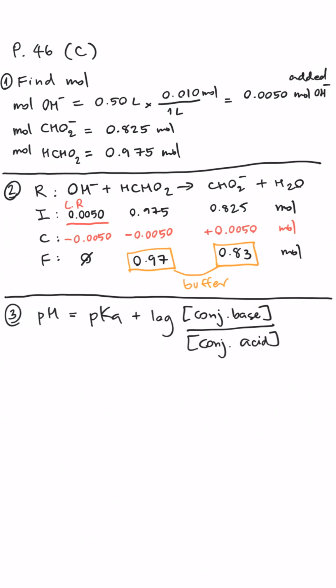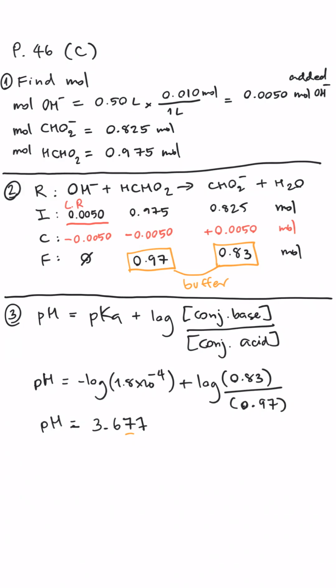We just saw from the previous example that as long as the weak acid and its conjugate base are in the same volume, instead of using the concentration, we can use the number of mole and plug it in, because when you convert into concentration, you are going to divide these two numbers by the same volume, and the volume will then be cancelled out. Therefore, in this case, we can just plug in the number of mole of each of those into the Henderson-Hasselbalch equation. And the buffer pH after adding strong base would be